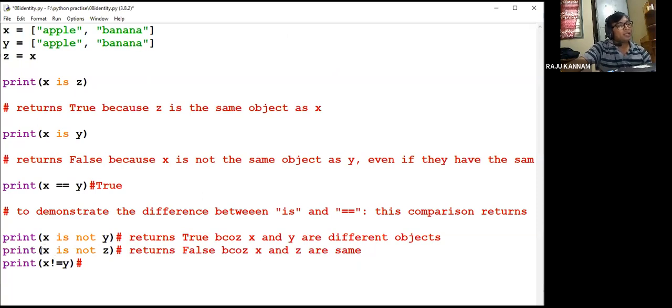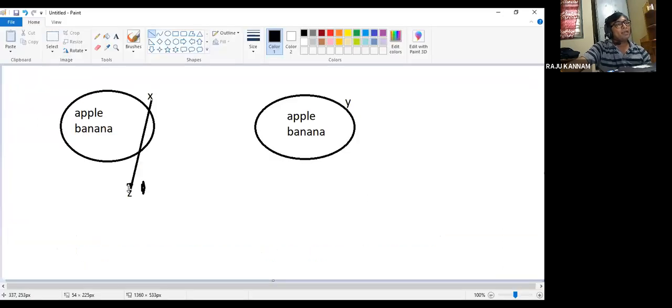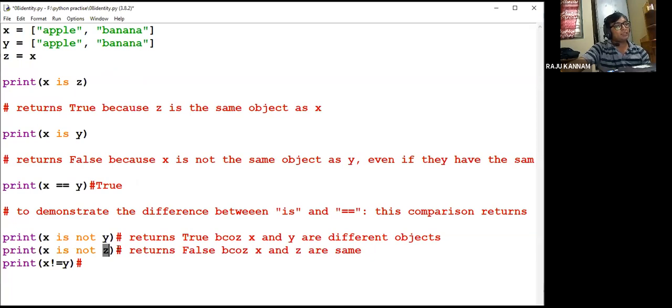Then we are comparing whether x is not z. x and z are both the same object, so x is not z is false. And remember, this next one is not the identity operator, this is the comparison operator.